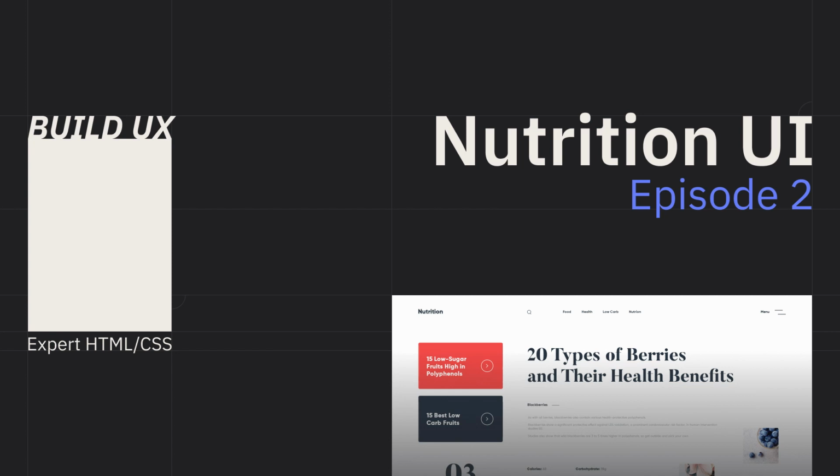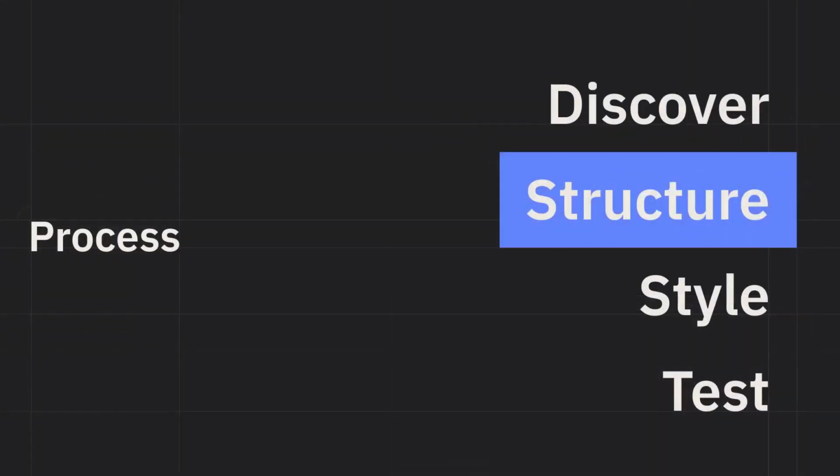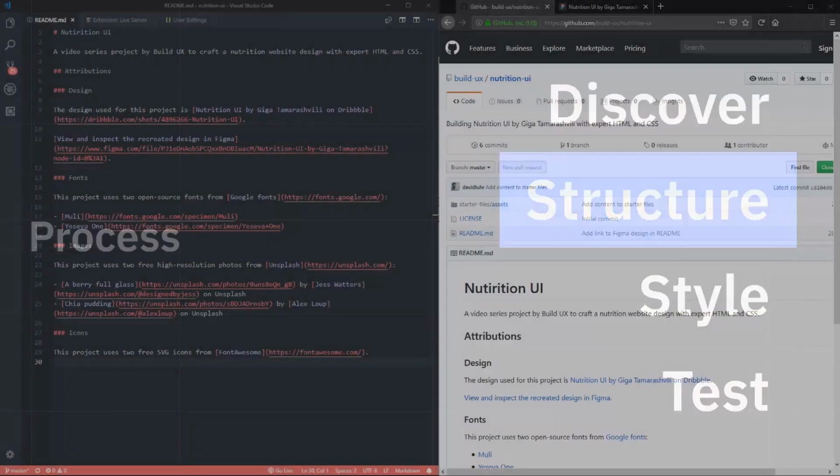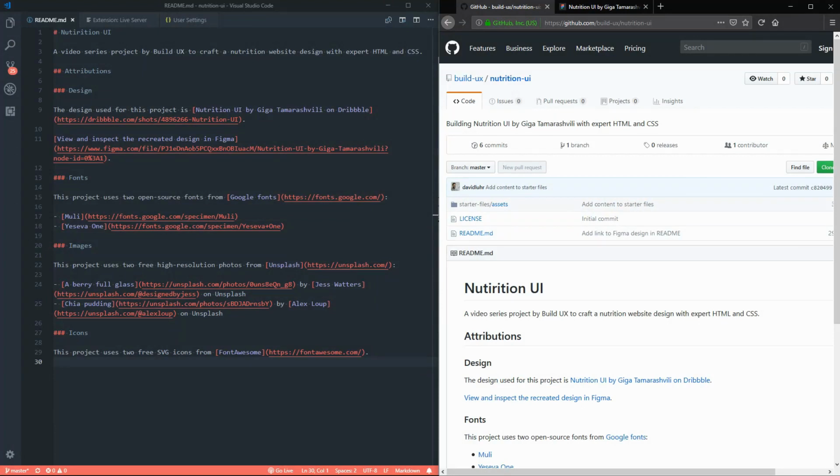In this episode, we're going to pick up where we left off with the nutrition website design and start the structure step of the process. So with this step, we're going to get into our code editor now and start on the HTML side of things. So the starter files for this project will be hosted on GitHub, and the link will be in the